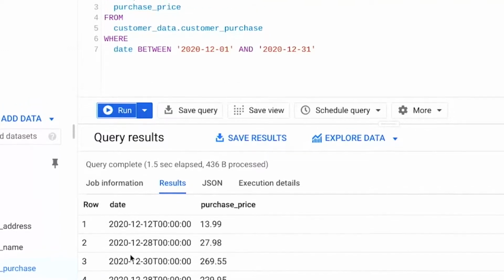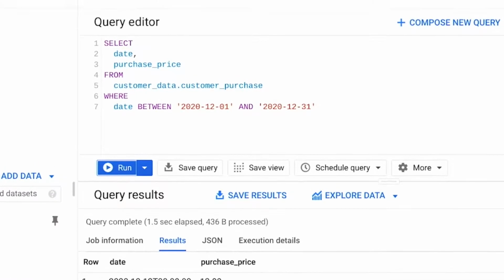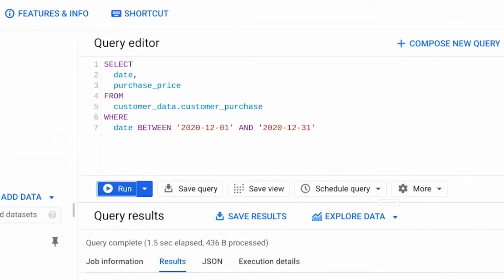To do that, we use the cast function again. So we'll use the cast function to replace the date field in our SELECT statement with the new date field that will show the date and not the time. We can do that by typing CAST and adding the date as the field we want to change. Then we tell SQL the data type we want instead, which is the date data type.